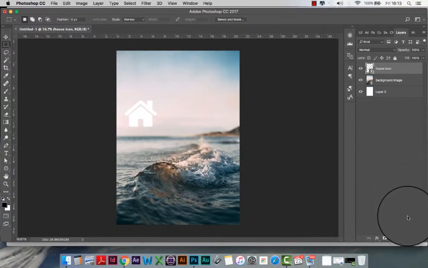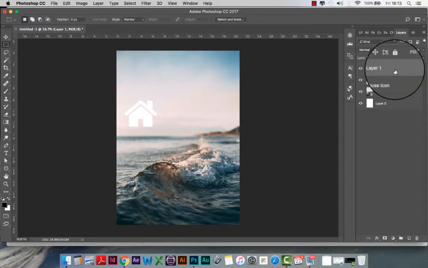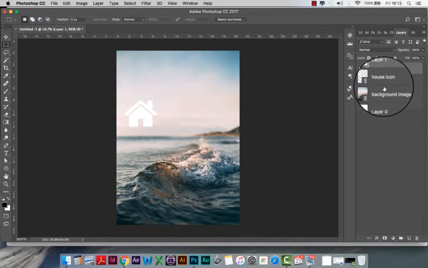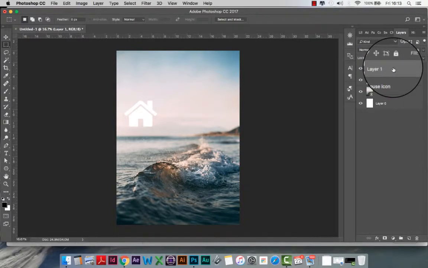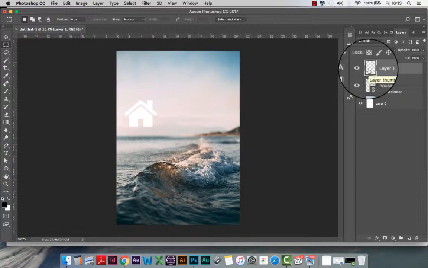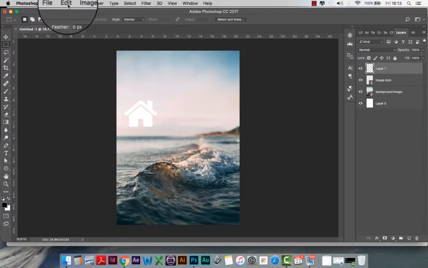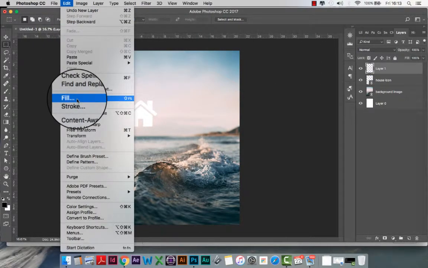So what I'm going to do is create another new layer. So go back down to this icon in the bottom here, click it, there we go, there's my new layer. That's now layer 1 because these have all been labelled. And what I'm going to do with this layer is, first of all, turn it black. Okay, so I'm going to go up to Edit, go to Fill,